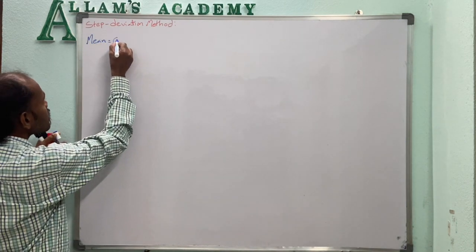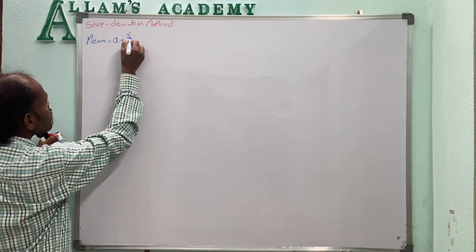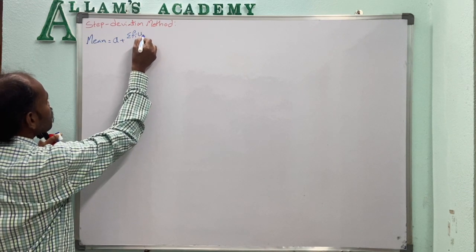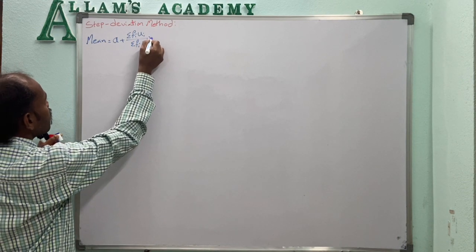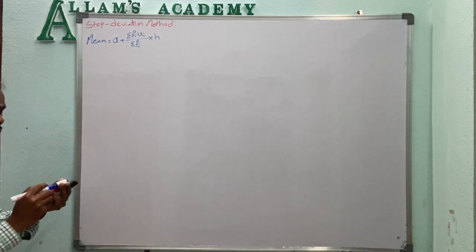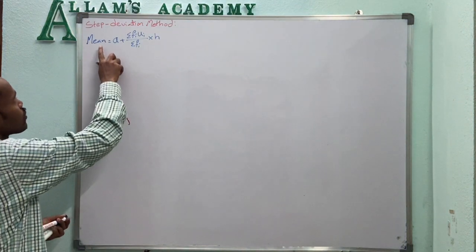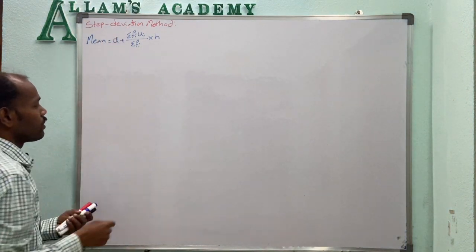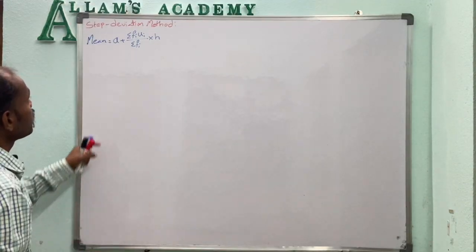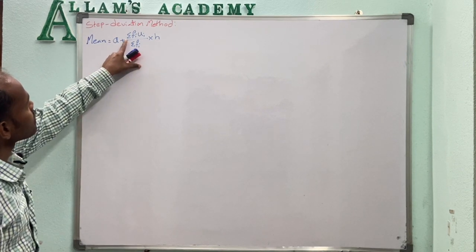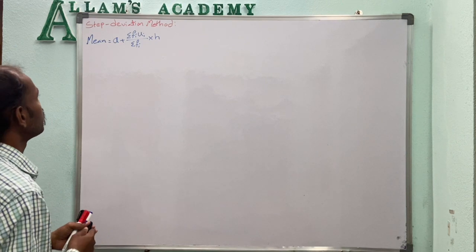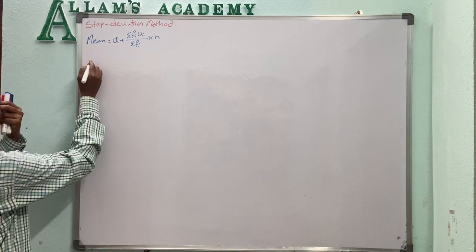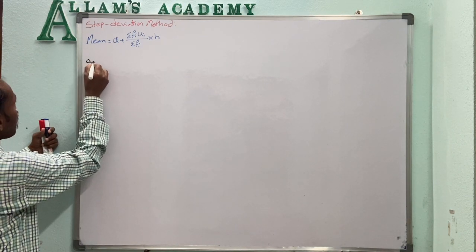A plus summation fi ui by summation fi into h. So through the step deviation method for finding mean, the principle is a plus summation fi ui by summation fi into h. Here the terms indicate: a means assumed mean,